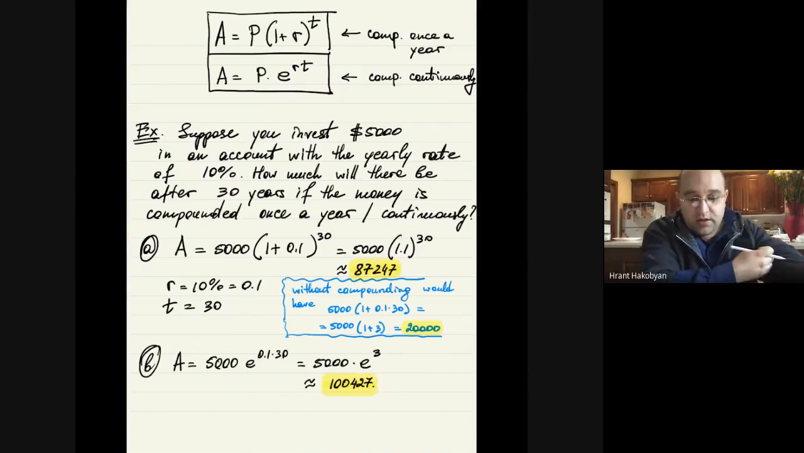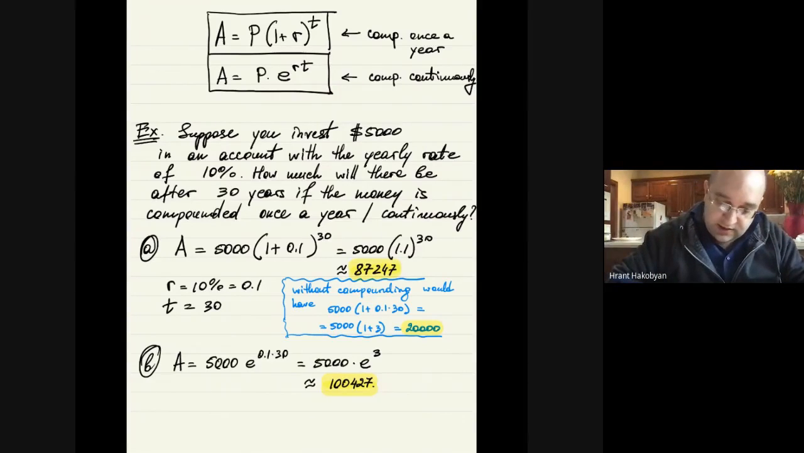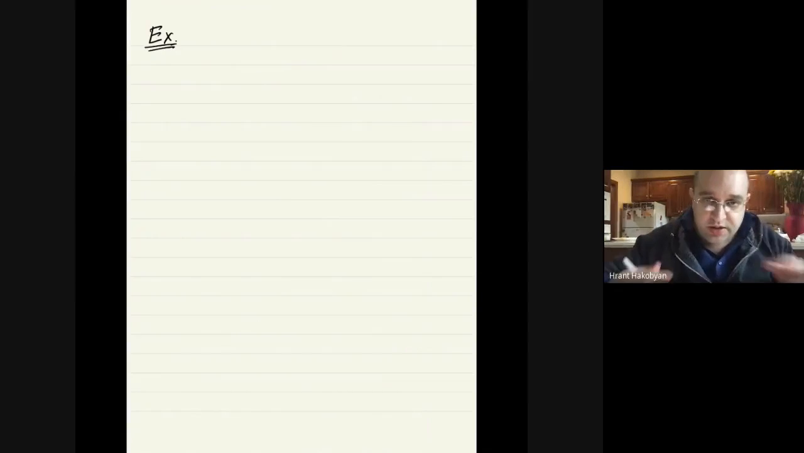So let me go to different problems. I want to do two more problems, and the second problem is very similar. This is an example. We want to find out how much you need to invest now to get to a certain goal in a certain amount of time. For instance, here, okay? So the question is, how much